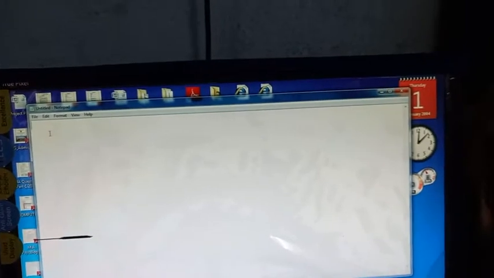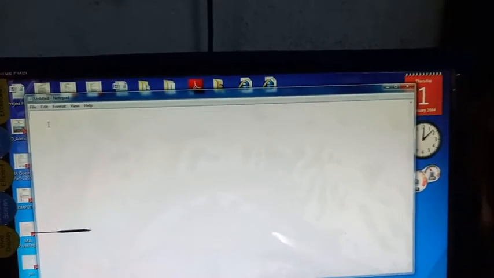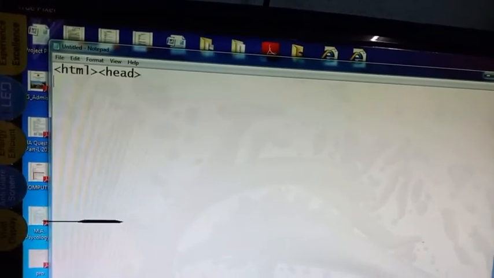And now write the code as given in the table, page number 62. HTML, head, style type.